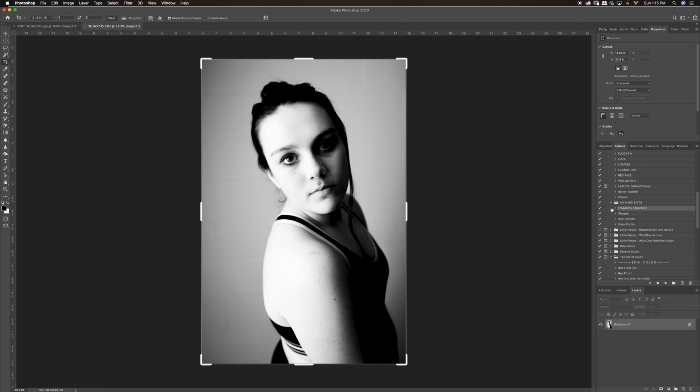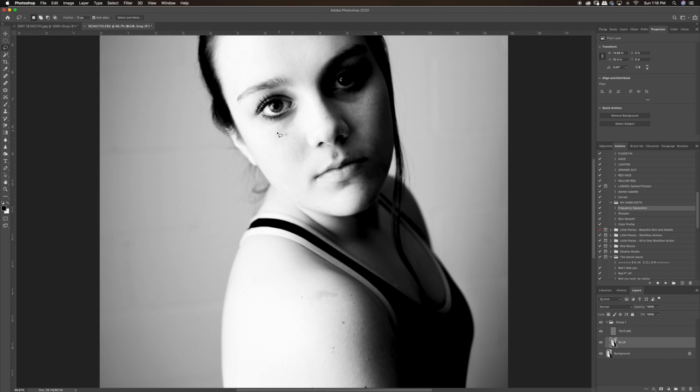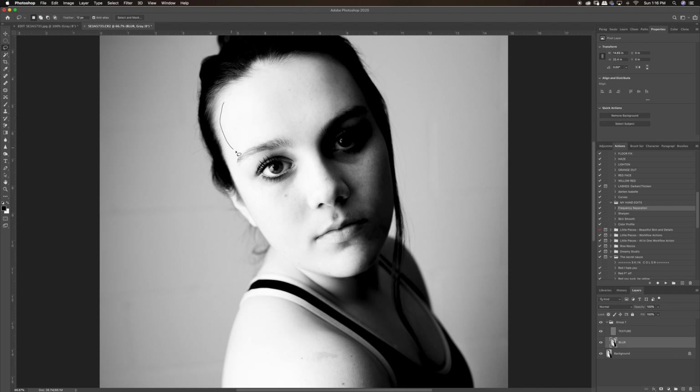So the first thing I did was a frequency separation action. If you don't already have one, you can go online, PHLEARN.com. His name is Aaron Nace, and he is fantastic. He teaches you step by step how to do this action. So if you've never done a frequency separation before, you go onto the blur layer, you take your lasso tool, and you just choose